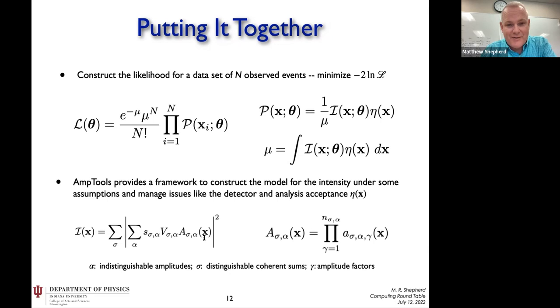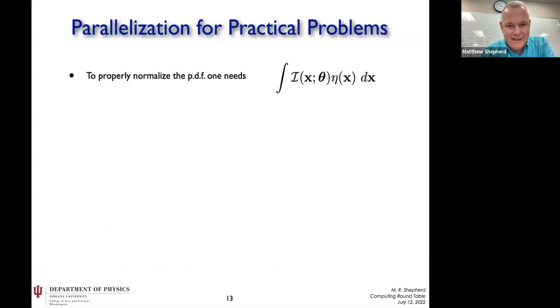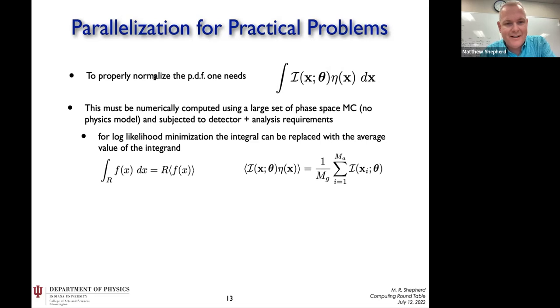All right, and so this is the likelihood problem, but I want to speak a little bit about this, and also where we get to the parallelization effort and the computing aspect of it. So to properly normalize the PDF, I mentioned you have to compute this integral, but eta is not an analytic function that you write down. And so you do this by numerical integration, and so